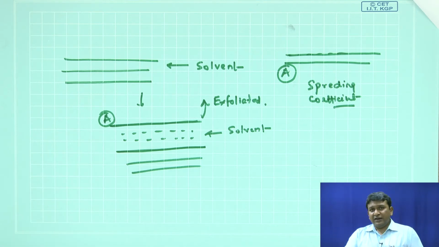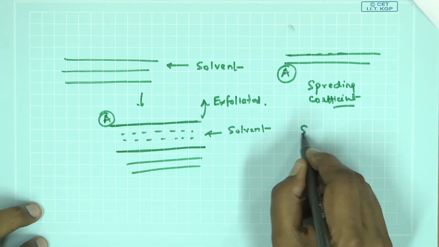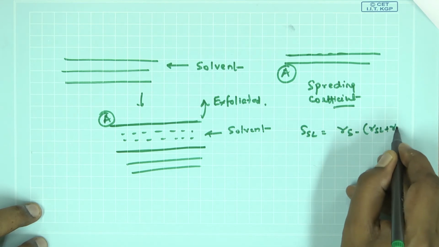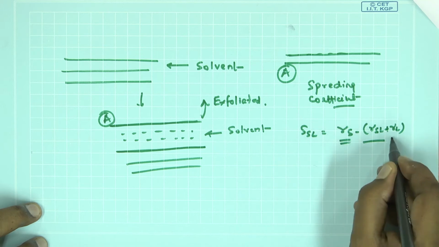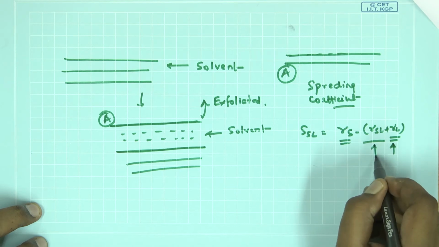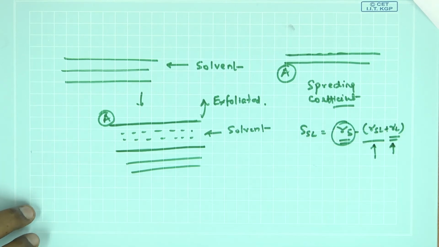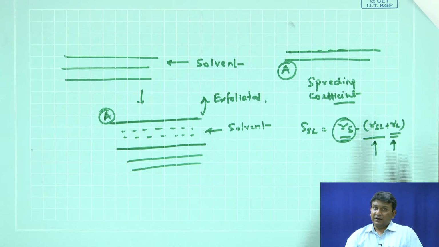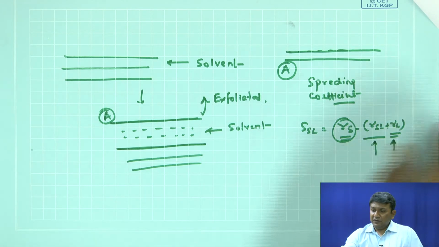And then you can just write down the expression of the spreading coefficient for complete wetting, and you will see. So we know it: it is gamma S minus gamma SL plus gamma L. So all you need to know is the surface tension of the liquid and the interfacial tension between the liquid and the solid. Of course, you need to know the surface tension of the solid as well, and then you know that you are going to have a stable film, or you are going to have wetting, if the summation of these two terms is more than this particular term. So that's how it stands.